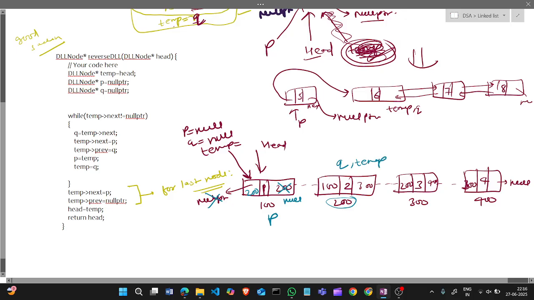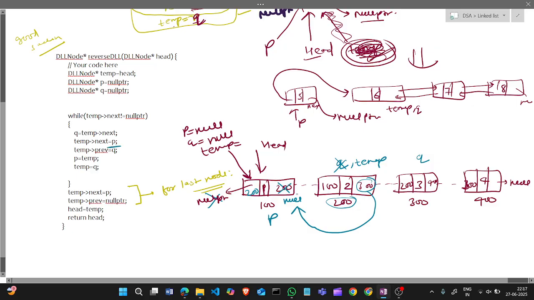Now again, temp next is not null, so again we first increment q here. So q is incremented to next, and I will put temp next as p.